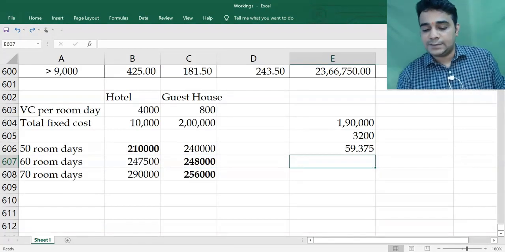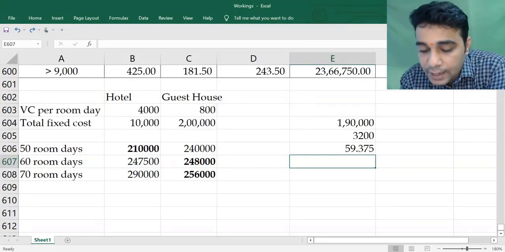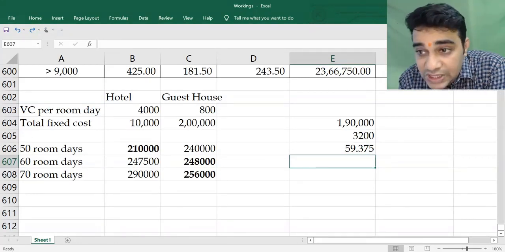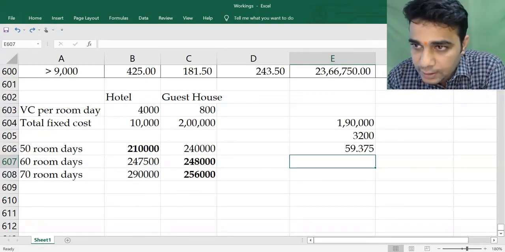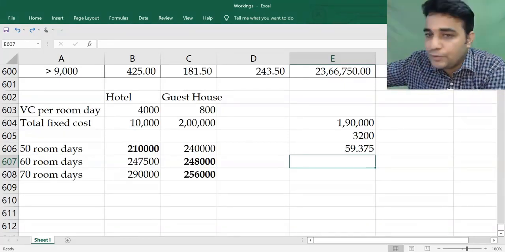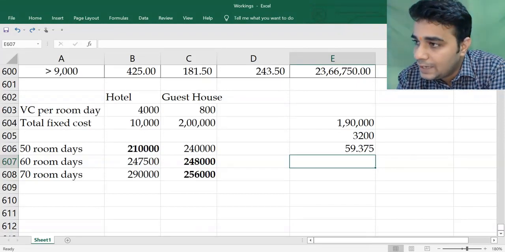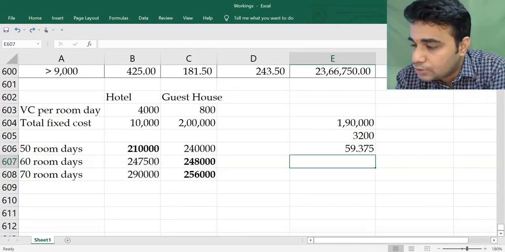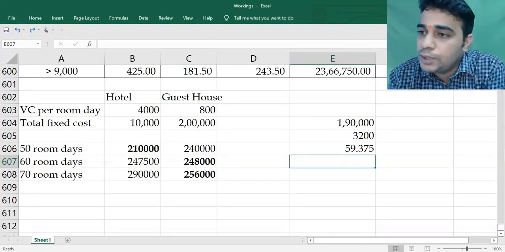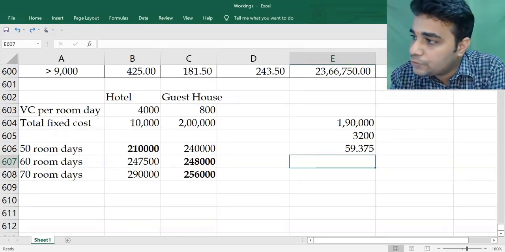So indifference point is basically equal to change in fixed cost. That's the numerator. The denominator can be change in variable cost per unit or change in contribution per unit, because whatever is the change in the variable cost will be the same change in the contribution. In this example, you will not have contribution because this is just an expenditure. But let's assume the selling price is 10,000 in both situations. Selling price does not change whether you are doing option 1 or option 2. So your contribution is 10,000 minus 4,000, 6,000, and 10,000 minus 800, 9,200. Change in contribution will also be 3,200.